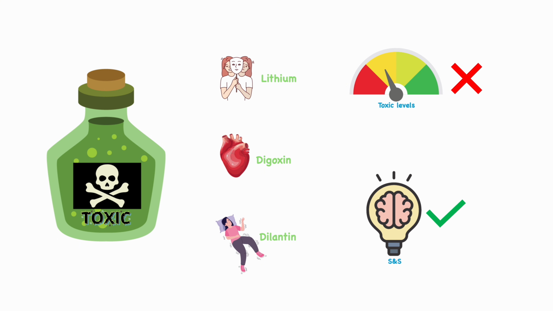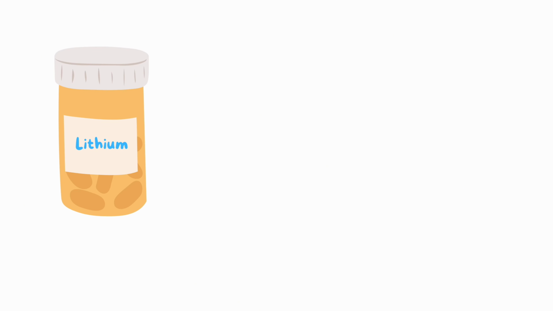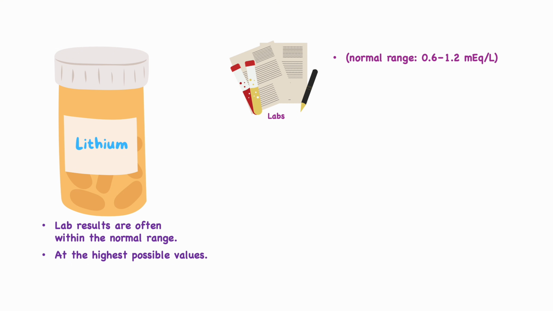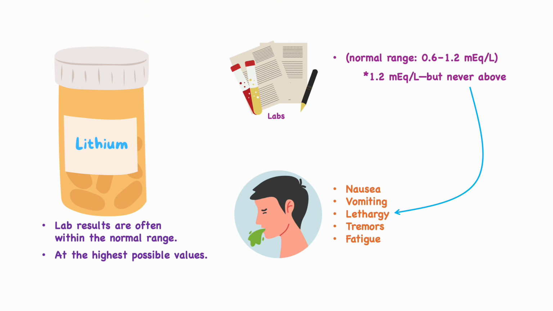Instead, focus on identifying the signs and symptoms of toxicity, because normal values will always be provided in the exam. Trick to watch for: lab results are often within the normal range, but at the highest possible values. For example, a lithium normal range is 0.6 to 1.2 milliequivalent per liter. An exam question might report 1.2 milliequivalent per liter, not above this, so you must rely on symptoms to detect